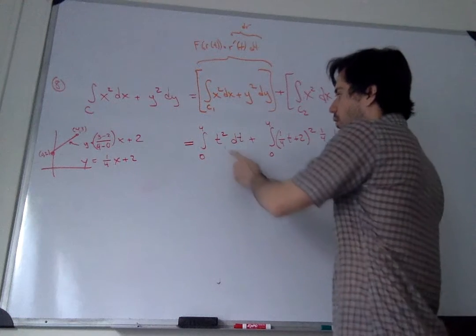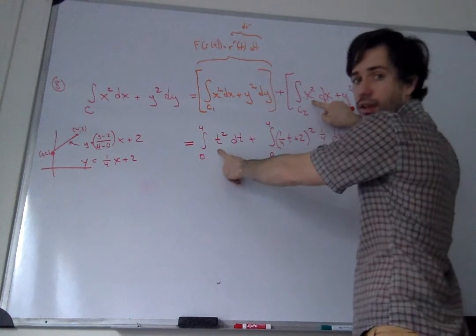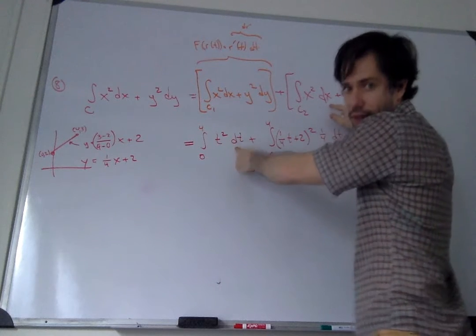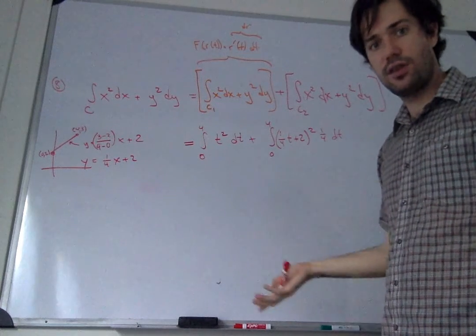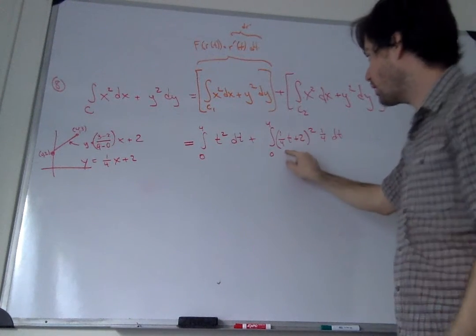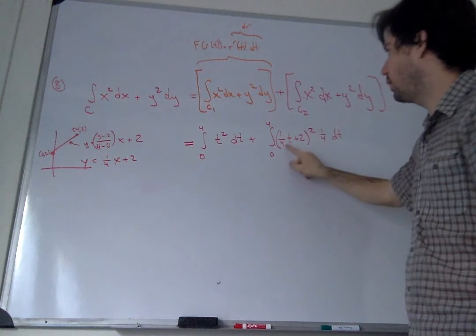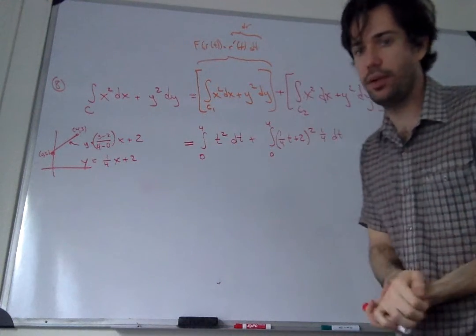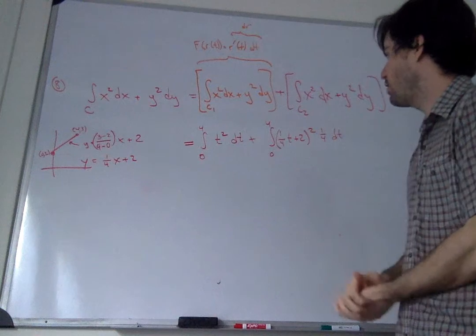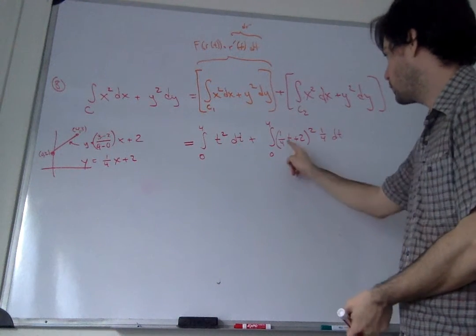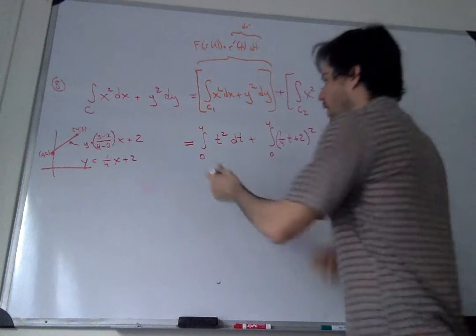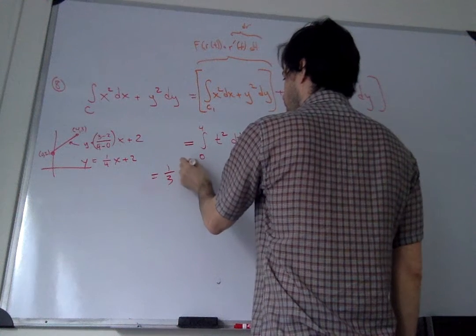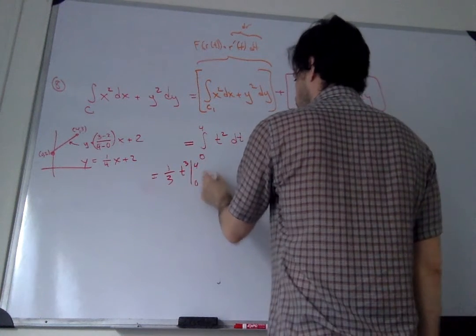Okay, good. So I replaced x with t, so this is t squared, and then dx becomes x prime dt. But x prime is 1, and so you just get dt. Here I replaced y squared with, well, what is y? y is 1/4 x plus 2, so 1/4 t plus 2. Square it, and then you take the derivative of that, which was 1/4, and that's where I get this. Okay, so let's do the actual calculation. I get 1/3 t cubed, from 4 to 0, plus,